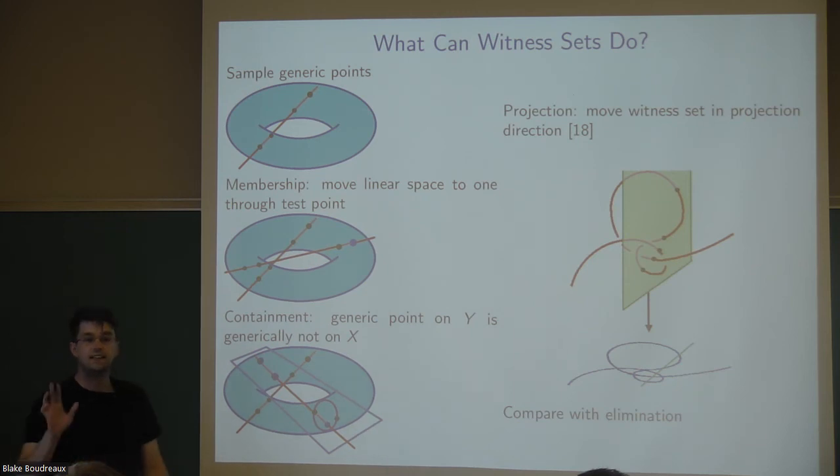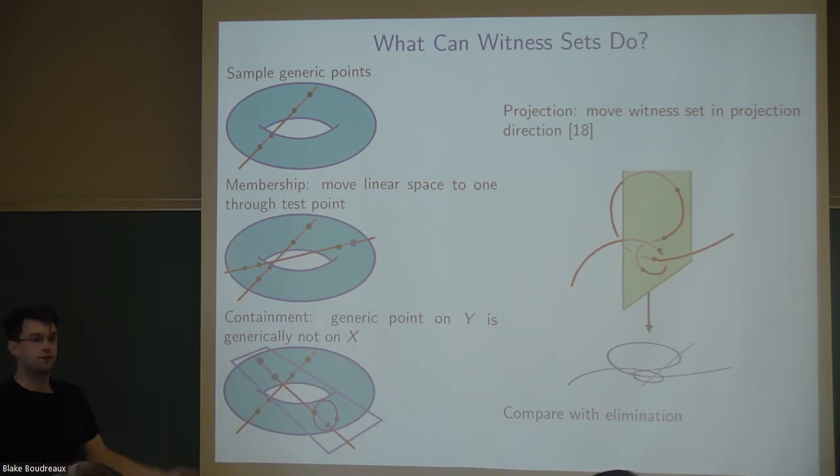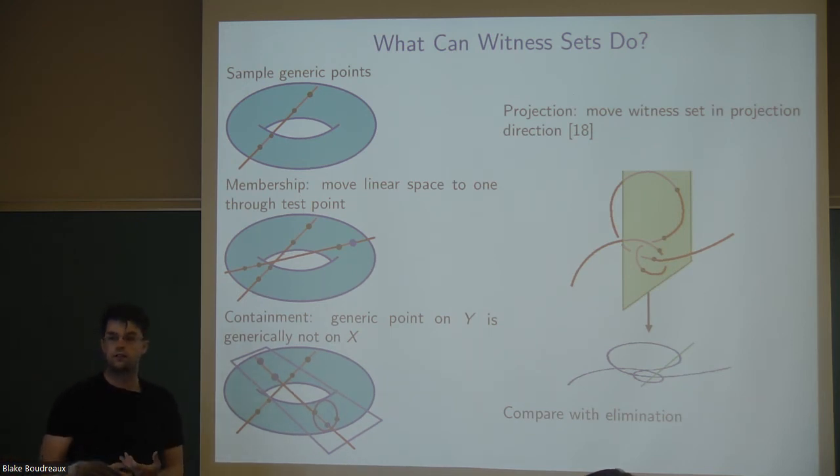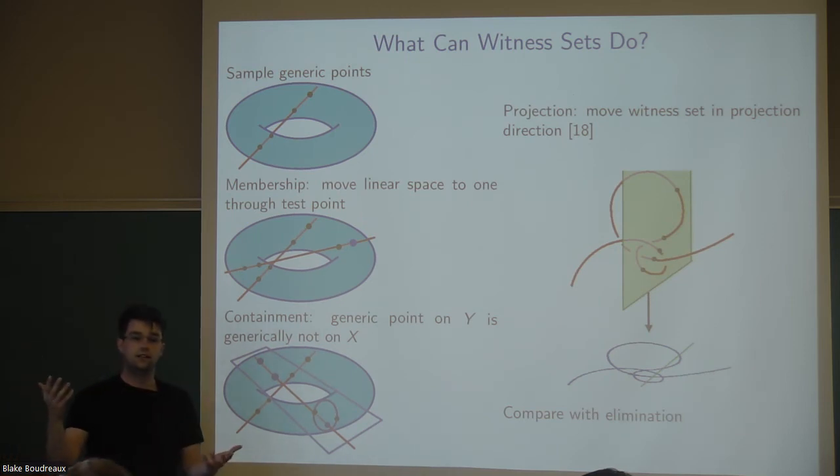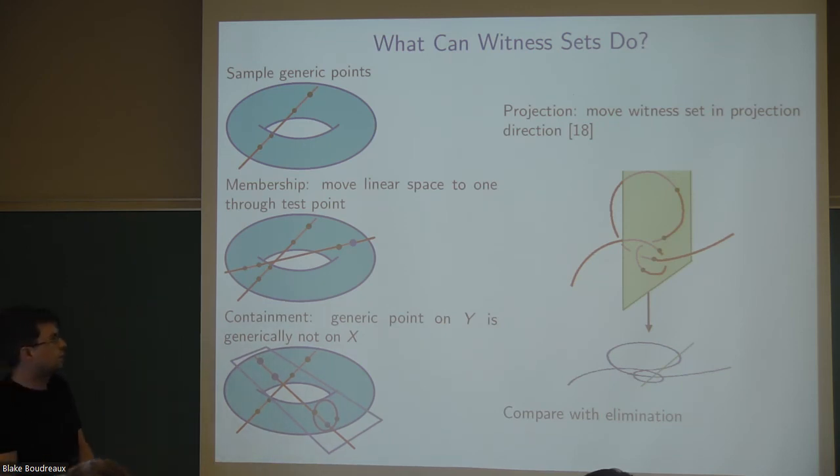But the key thing that I think really hammers home how powerful numerical algebraic geometry is this picture. If you've spent any time working with Gröbner bases or elimination theory, you know that the problem of elimination is hard. If I have some variety and I know its equations and I project it, it's hard to find equations of the projection. The way I know how to do this involves Gröbner bases,